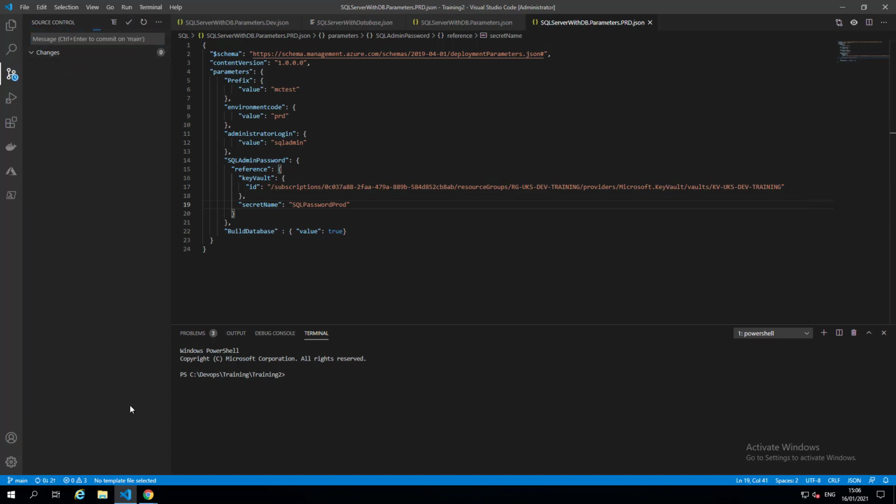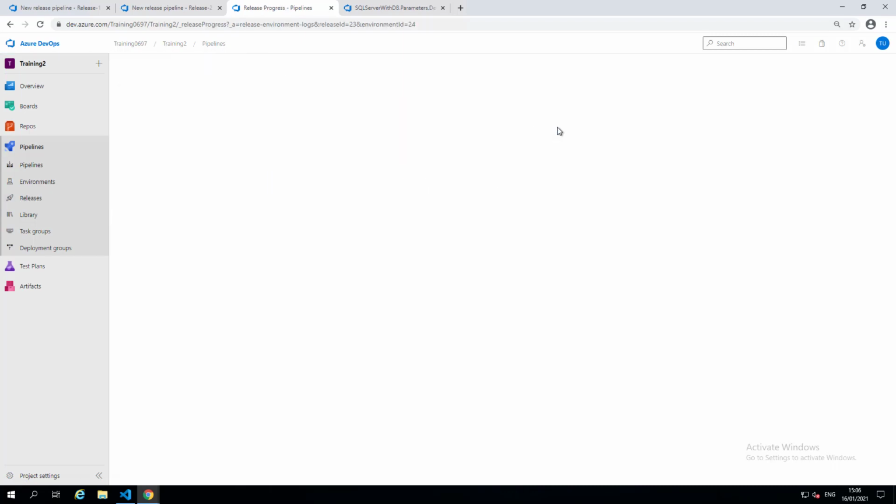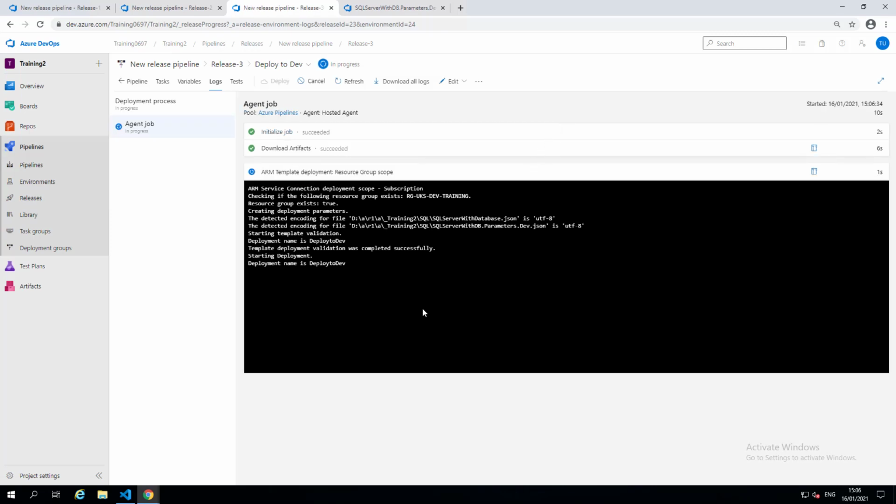So it's going to push my changes up to Azure DevOps, and then what that should do is it'll automatically go and kick off a release. Yeah, we can see it there. Now it's kicked it off. So you can see that's the continuous deployment part. So we've made a change to the code, committed it, and it'll automatically deploy it. Okay, so now it's going to do the dev deployment again. I'll go and check that.